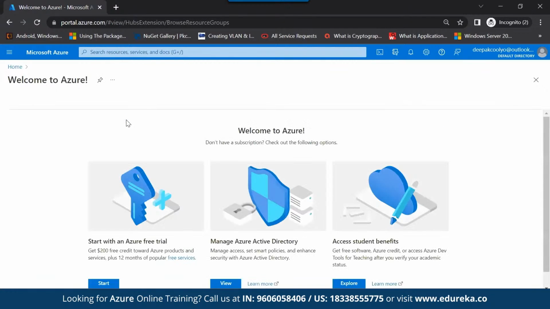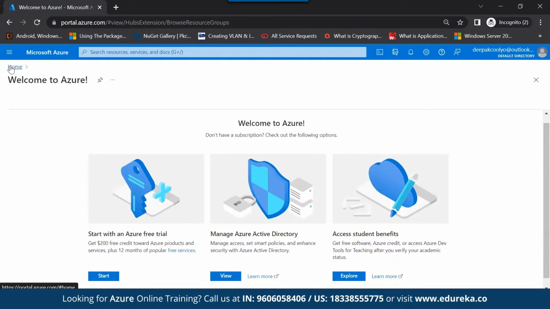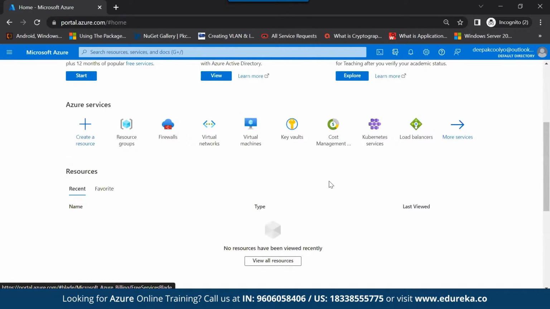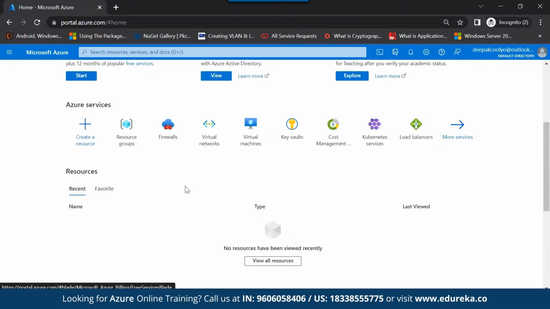So here, I'm going to create a resource group, which requires a subscription. So you're going to create the subscription first, then you're going to create a resource group. Under that resource group, you're going to create resources like the key vaults, virtual machine, everything is going to be created under there. And the access to this is going to be there until the time you pay for it. So this is again a small demonstration.